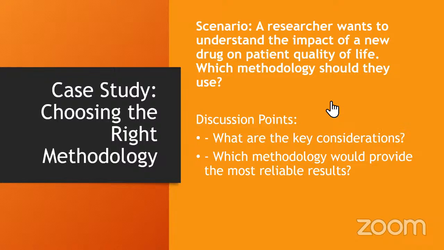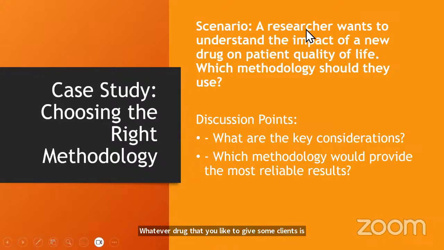Hello. Yeah, hello. I think it should be a systematic review, because you want to be sure that whatever drug you are giving to your client is correct. The systematic review will give you the correct evidence for you to be able to rely on that. But I have a question, whether one can have more than